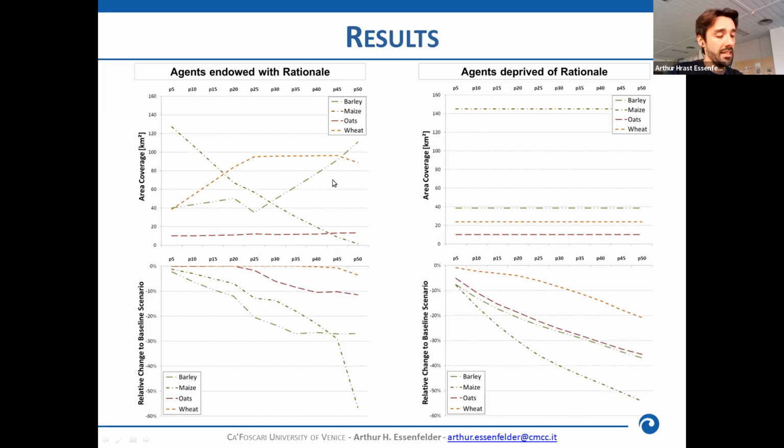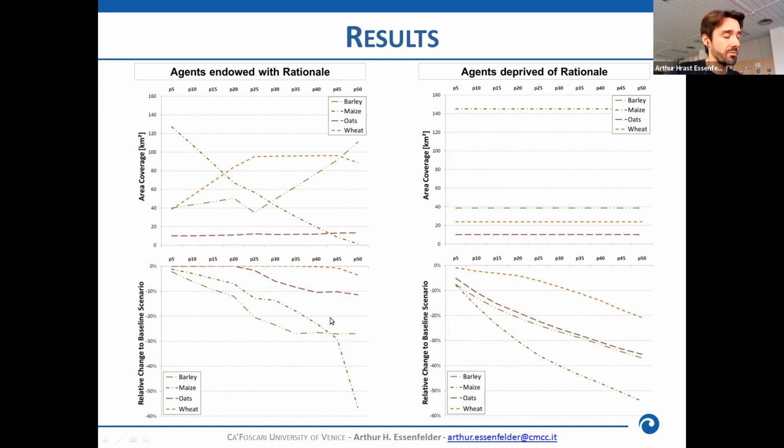On the other hand, when agents can take decisions, when they can think that maybe under this sort of constraining water availability that I have, I might be better off if I switch to a different kind of crop, we can see that they actually do that according to the increase in the reduction of water availability for irrigation. And we can see that in general, they have a lower reduction in the yield production.